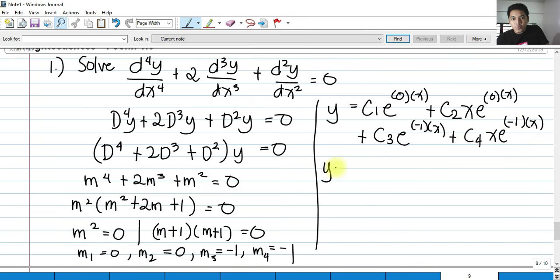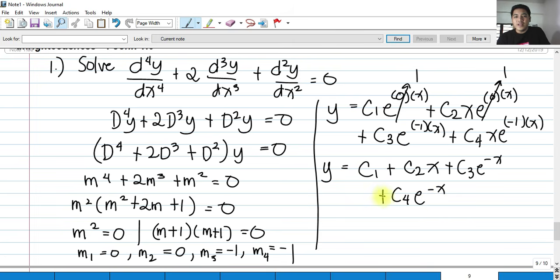So, to simplify this, we can see that e raised to 0 is simply 1. So, this term should be equal only to c sub 1 plus c sub 2 times x. Okay? Plus, we have c sub 3 e raised to negative x plus c sub 4 e raised to negative x. And as you can see here, we can factor out e raised to negative x from both c sub 3 and c sub 4. So we have c sub 1 plus c sub 2 x plus quantity c sub 3 plus, this should have